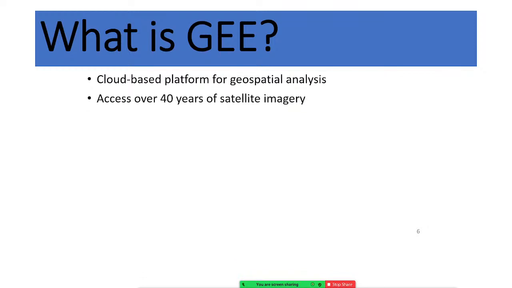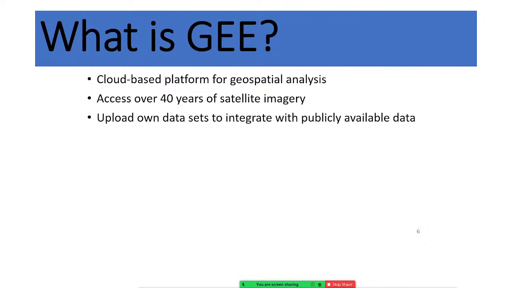And you can access over 40 years of satellite imagery using Google Earth Engine. You don't need to download any satellite imagery, whether Landsat, MODIS, Sentinel or other imagery; you just write your code and do everything. If you have your own data, suppose you make your own vector data or raster data, then you can also use this data in Google Earth Engine very quickly and efficiently. You can just import this data and work with it.